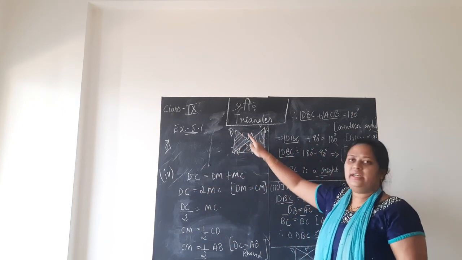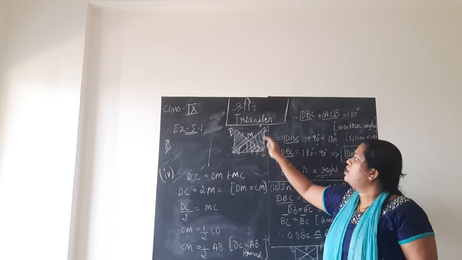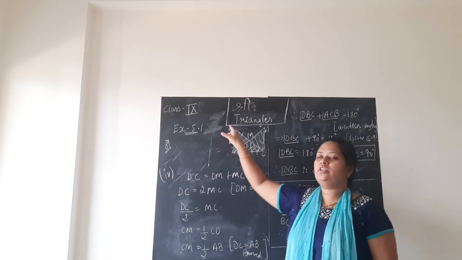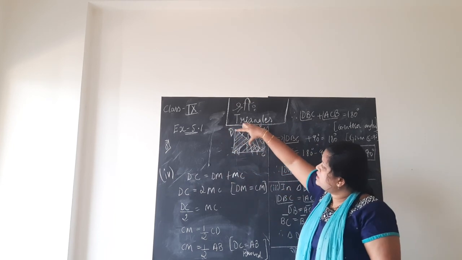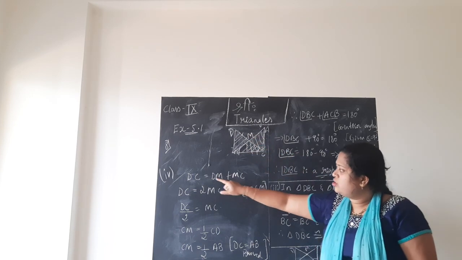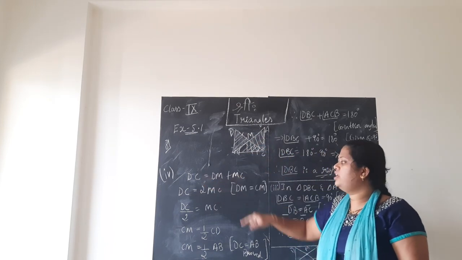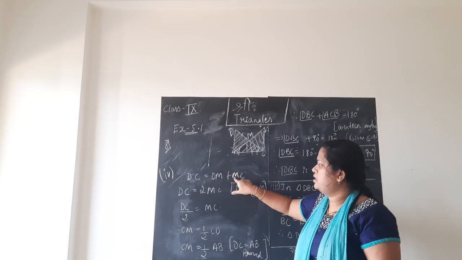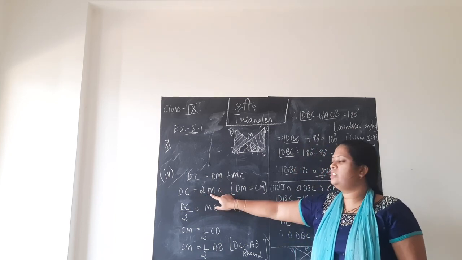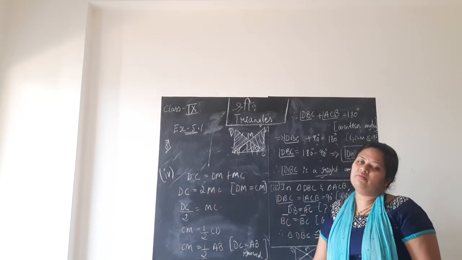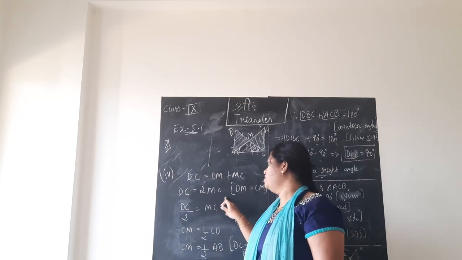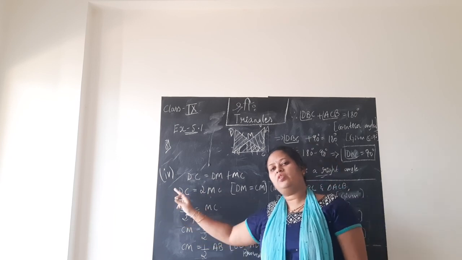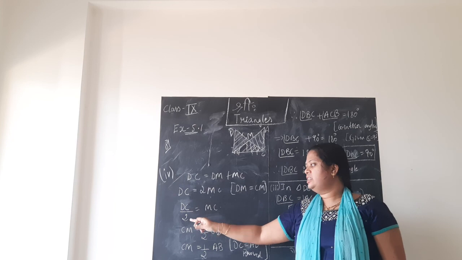We know this whole line DC. How did we get this? After constructing triangle ABC, marking M as midpoint and joining CM, when we produce it up to point D, DC is nothing but DM plus MC, children. So that is what I have used here. DC is equal to DM plus MC. But DM is equal to MC. That is the reason, instead of writing MC plus MC, I write 2MC. DM also is MC. It will become MC plus MC, which is 2MC. Directly I have written DC is 2MC. What is MC? Between 2 and MC there is a multiplication sign. So if I send 2 to the other side, it becomes divided by 2. MC is DC by 2.